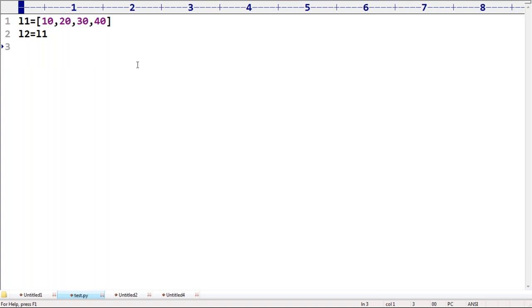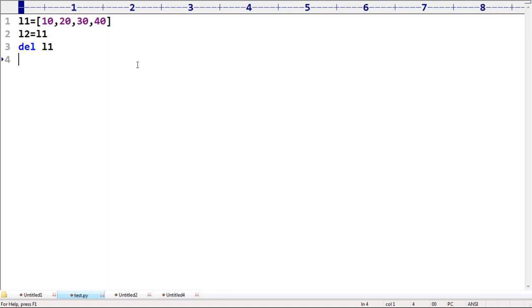Now my requirement: observe that. Sir, is the work with L2 completed or the work with L1 completed? L1 completed. L1 variable is no longer required. So del L1.